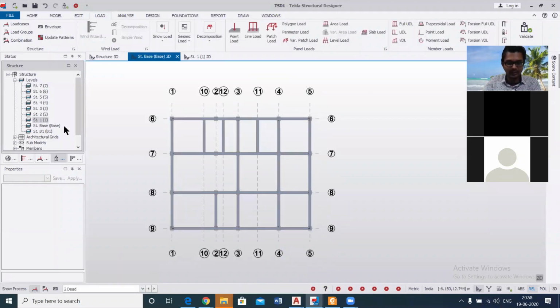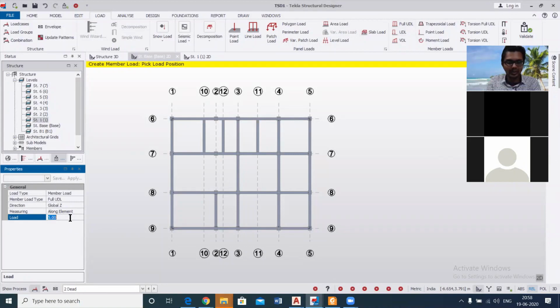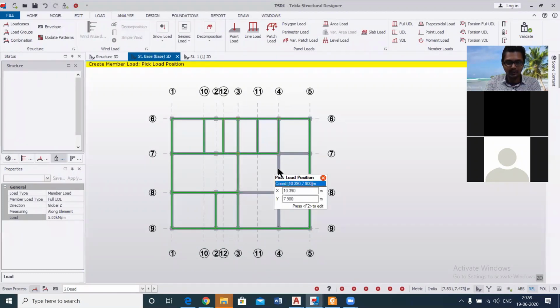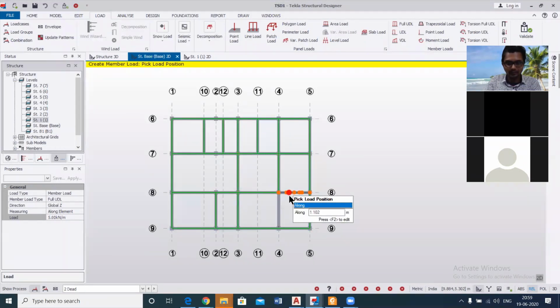We'll select dead load, and then we'll put the load of the walls. You can calculate that as per your preference. I'm just taking a general value and we'll provide it in all the beams. This value will act as a UDL, in kilonewton per meter, and then you can provide it accordingly. You can provide different values for 10-inch walls, and different for interior walls also. But for now, for showing the process, I am just assigning the same load everywhere.